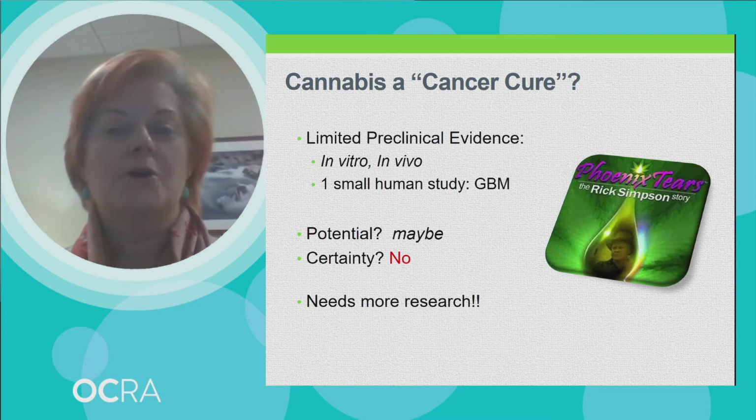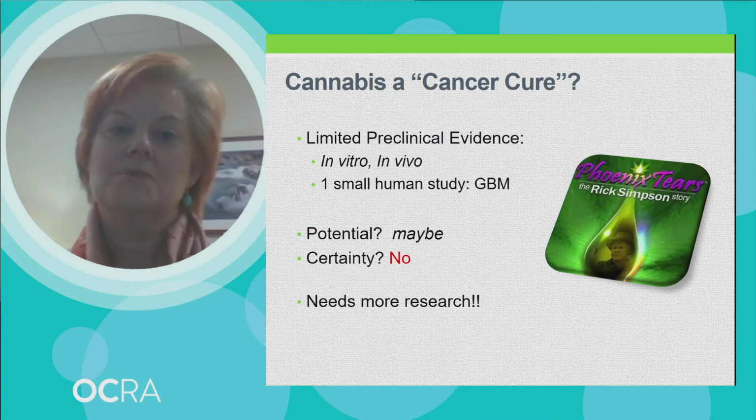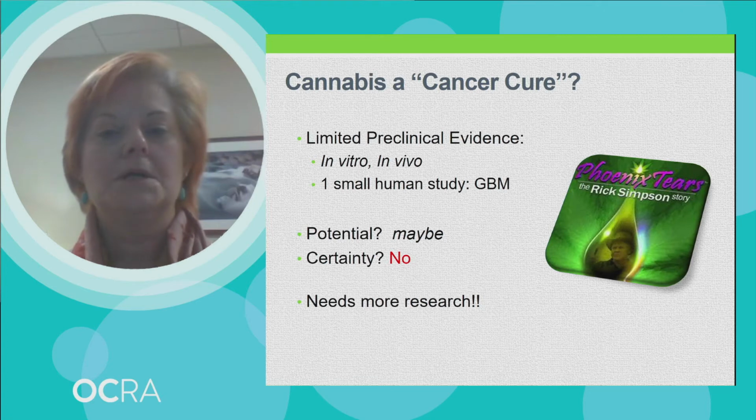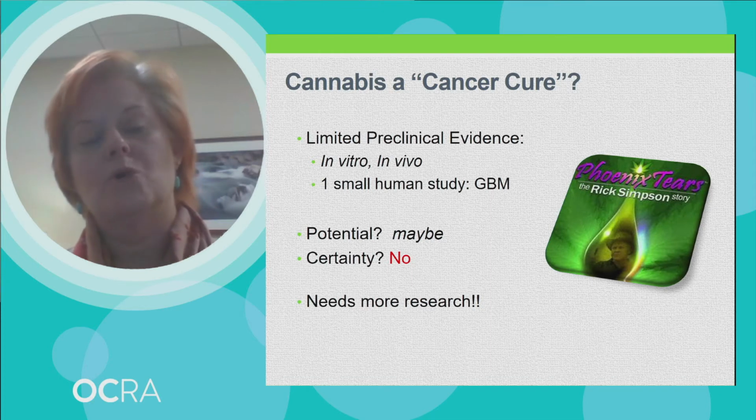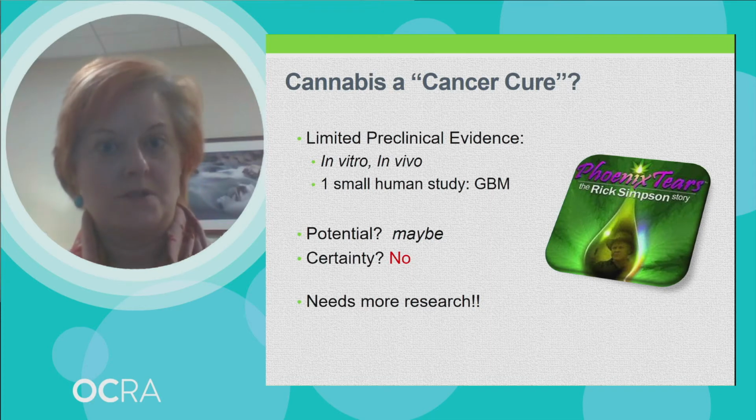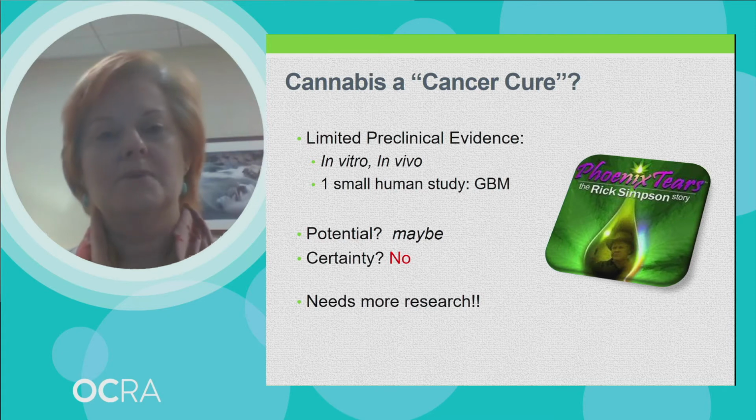So I want to address a common question I also get, which is cannabis potentially a cancer cure? And a lot of people do hear about things like the Rick Simpson story or the Rick Simpson oil, and the claims that cannabis may actually be able to cure cancer. And what I'd like to point out is that there's very, very limited what we call preclinical evidence at this time. And preclinical evidence is evidence either in essentially a test tube type of situation or in a rodent study, like a rat or a mouse. And that information can not be directly translated out to the human body.